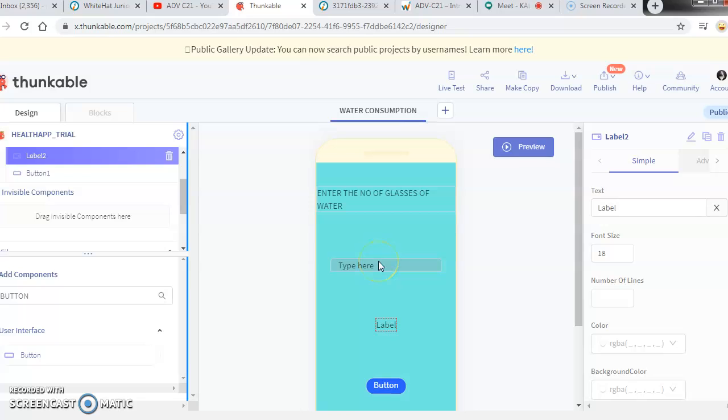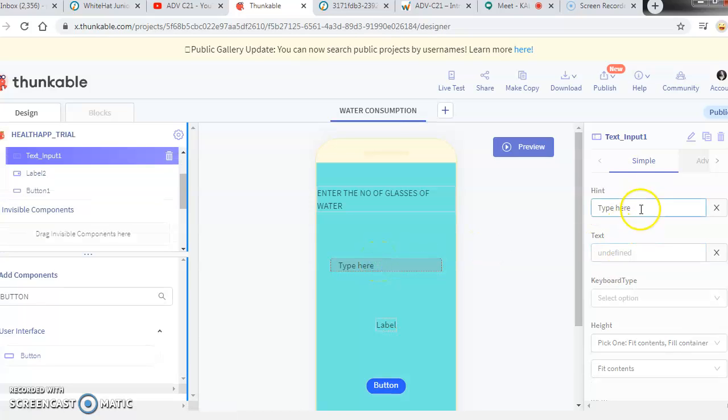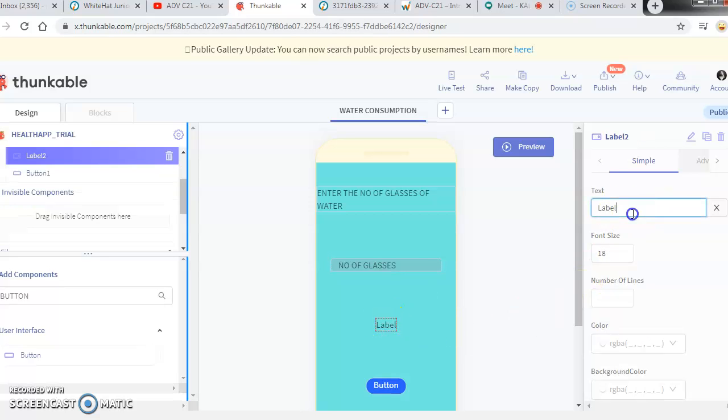Okay, it will be converted to liters. Okay, so here in the type you have to say it is a hint. Okay, hint means it is number of glasses. Okay, type number of glasses, that's it. And this label you can just make it empty, because this is the place where you are going to get the answer. And next is the button.